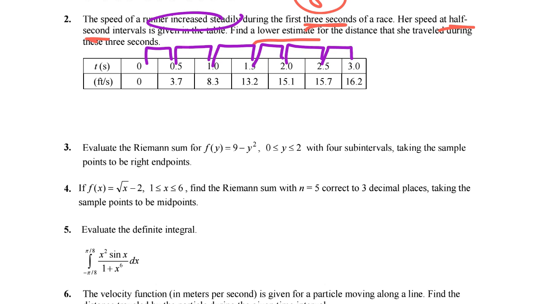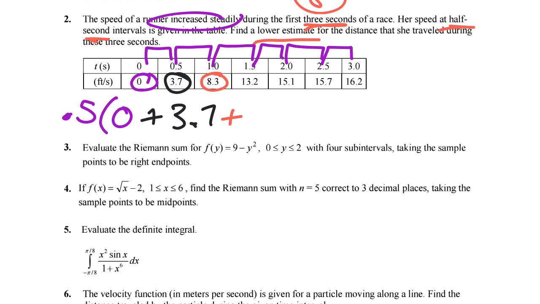They're half-second intervals, so I'm going to do 0.5 times, and I want the left-handed side. So a 0 plus 3.7 plus an 8.3, because these are all the left-hand sides,